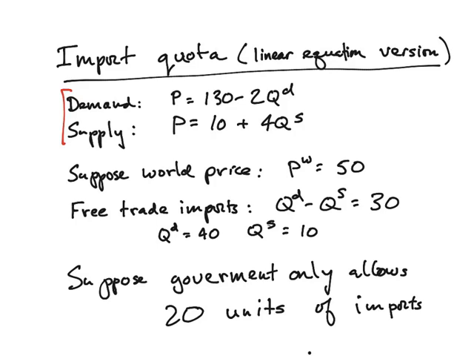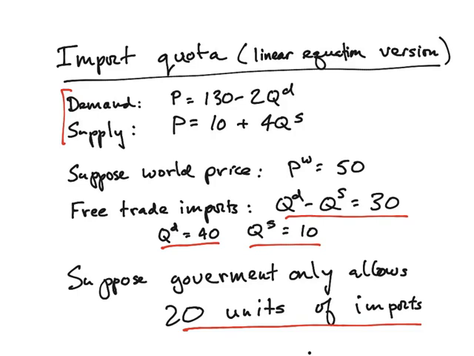Now, it turns out if you plug those numbers in, you're going to get a quantity demanded of 40, quantity supplied domestically is 10, which implies the free trade imports of 30. So let's imagine the government saying 30 is too much for whatever reason, and we're going to limit how much can be brought in to only 20 units of imports. Now, this is going to have an impact on the domestic price, domestic supply, domestic quantity, and also the quota rents that would be associated with this